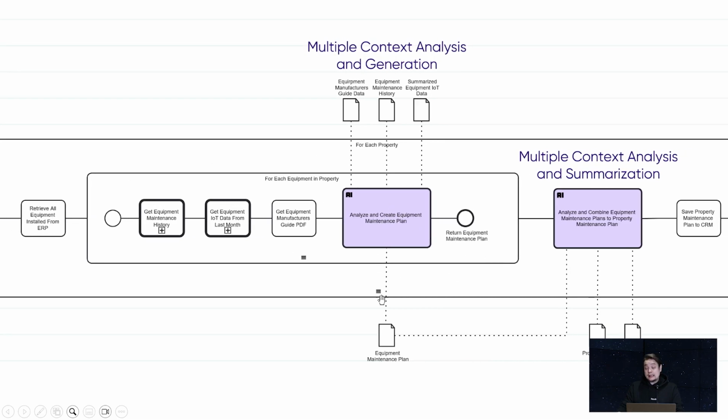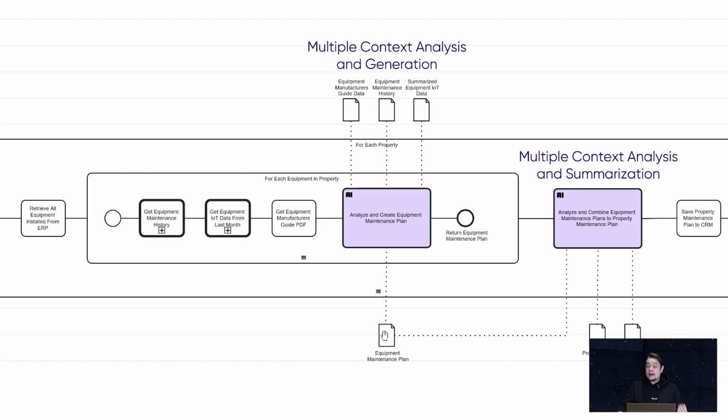And this is what really unlocks the power of this AI-powered workflow automation, because now we can keep the context window that the AI is using at a reasonable size. If we were to do this for all the equipments at the same time, that's never going to work. It's a task that's too complicated and even too large for an AI. But this approach, where we loop through individual equipments, allows us to get very good results for an individual piece